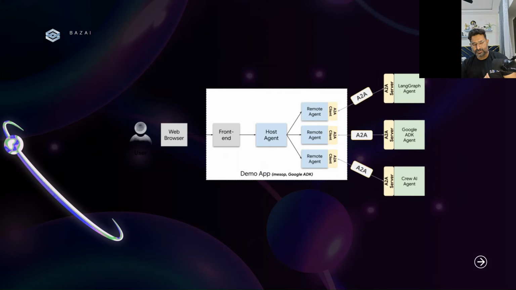But how are you going to do A2A in real time, right? So your user is accessing the UI, and it's a front end. It's going to have Gemini 2.5, or a similar kind of UI or application. When they're interacting with your application, I'm going to give a simple example. Let's say you have an e-commerce website where you want to know the status of your order, where it actually is at this moment. So all you need to do is log into your e-commerce website, and start interacting with